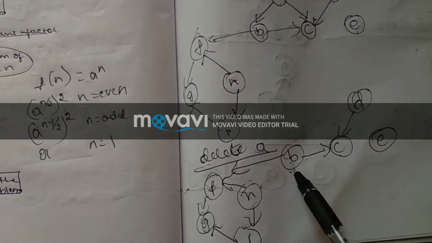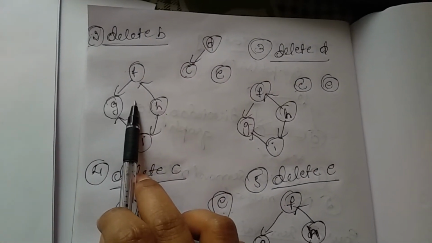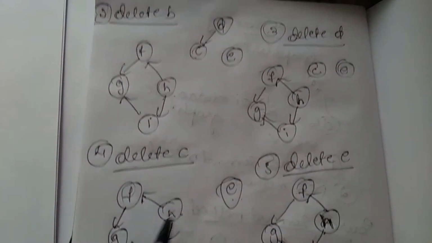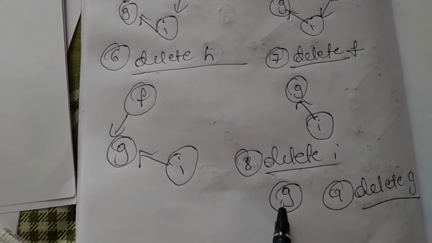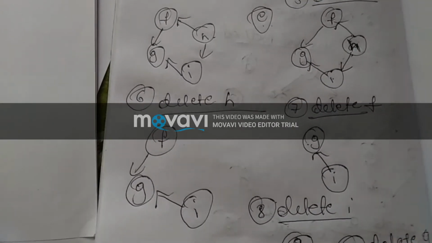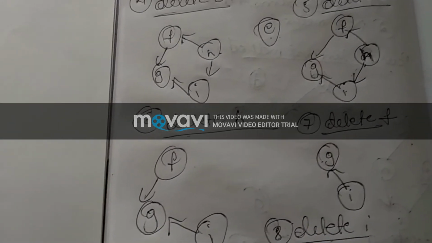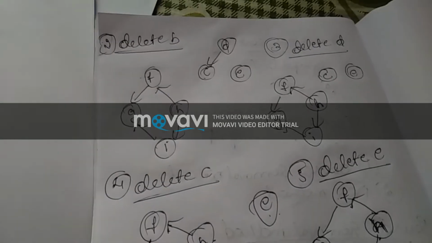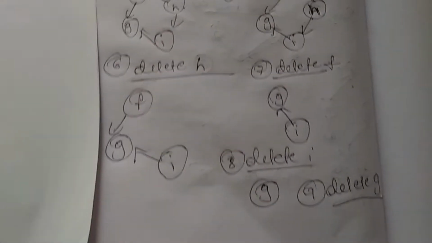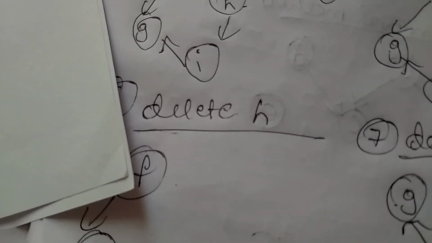After this, B is not having any incoming edge, so I have removed B, then D, then C, then E, then H, F, I and then G. In this order, I have to just write all the things in topological order. How will you write this in a topological order? The topological sequence will be given as